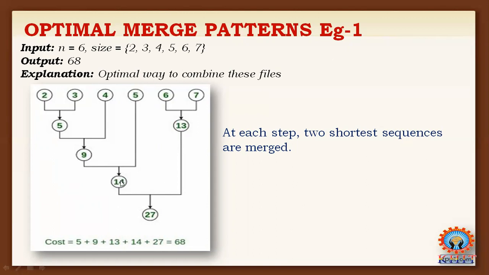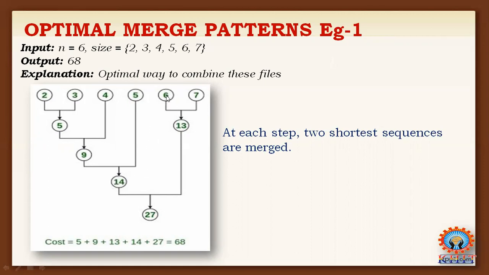So next, students will make a mistake here. As usual, students will merge 14 with 6. This is wrong. Observe here: 14 merged with 6 gives 20. So you should not merge 14 with 6. Why are we not merging 14 with 6?